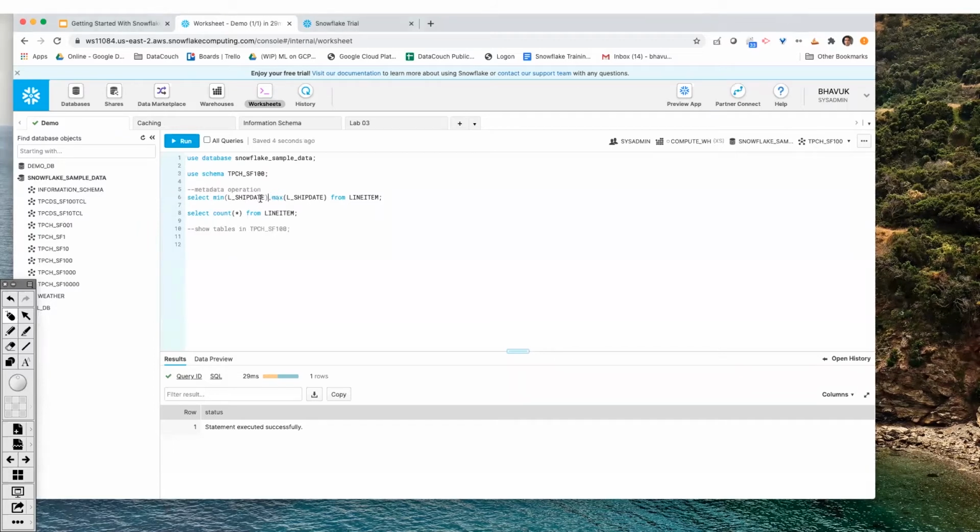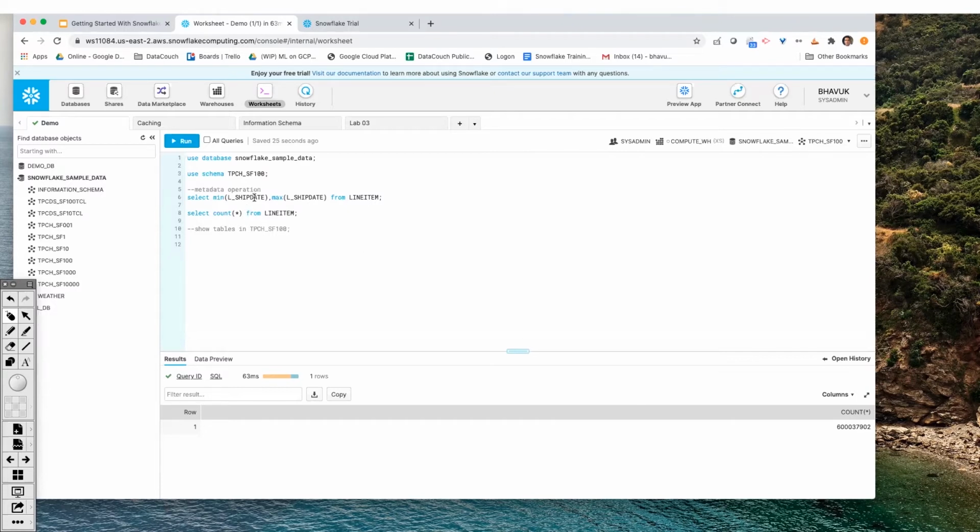So I am just firing this query. In this query, I am asking for the minimum shipping date and maximum shipping date, and I will show you the count, how many records are there. Can you see there are more than 600 million records, and my query is running so fast.